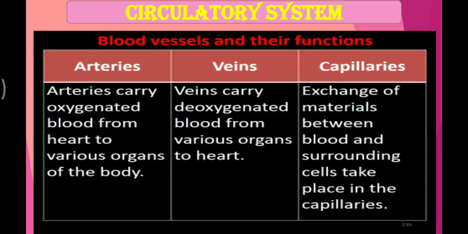The lungs fill up the oxygen and it comes back. So here, arteries carry oxygenated blood. Veins carry deoxygenated blood. Arteries carry blood from the heart to other parts of the body, whereas veins carry it from parts of the body to the heart. I know you get confused. Go through this video 2-3 times, read it properly, and you'll understand.